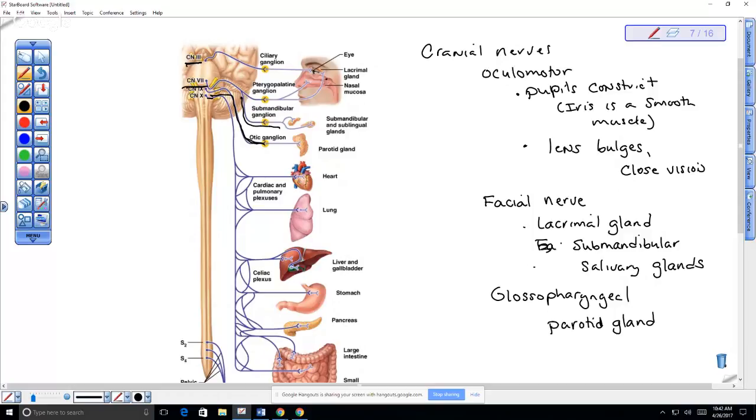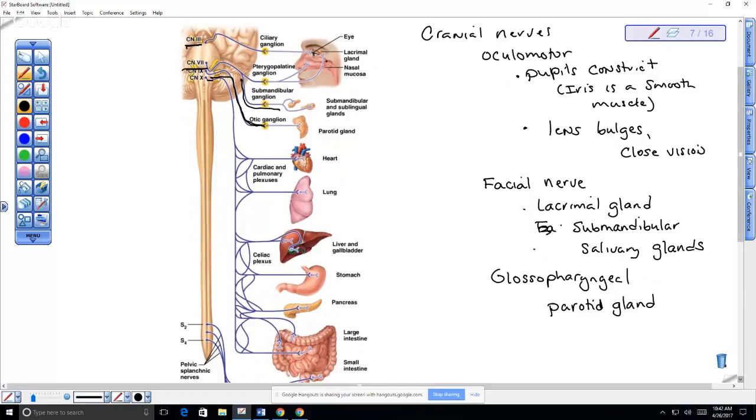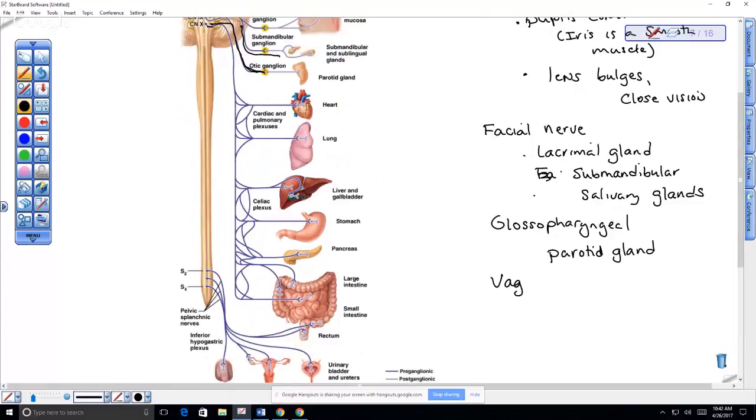And then cranial nerve number 10, you should remember that one. That's the vagus nerve. Okay, so that means vagabond. It's the only one that extends down beyond the neck region in its effects. So 90% of all parasympathetic fibers, and remember, a fiber is the same thing as an axon, travel via this nerve. So this is a really important one.